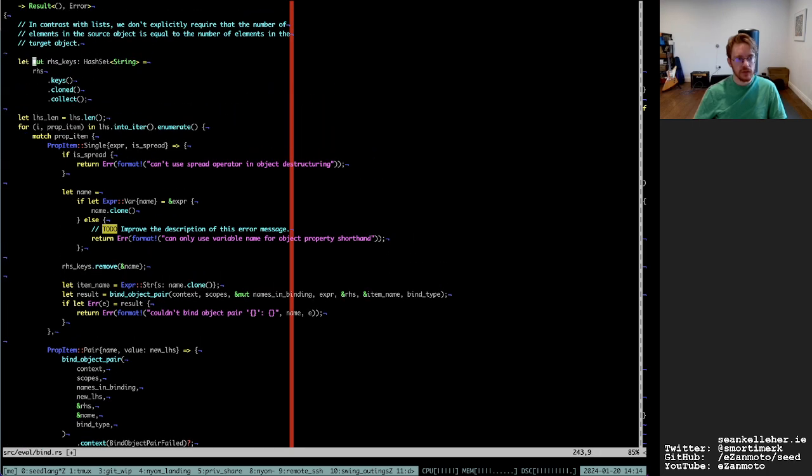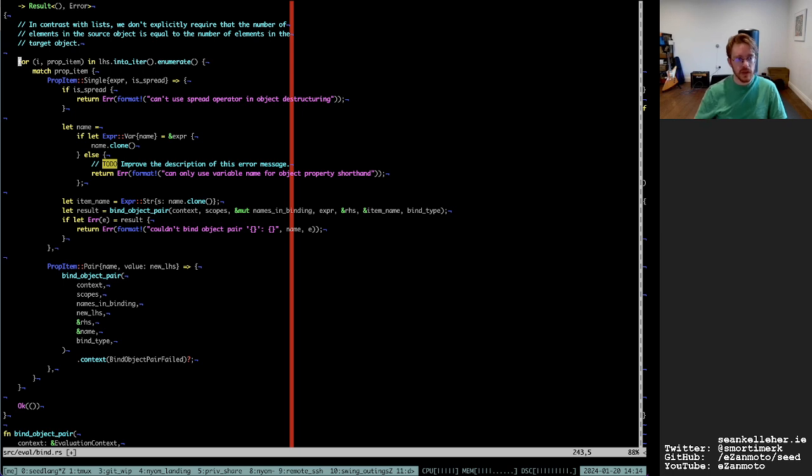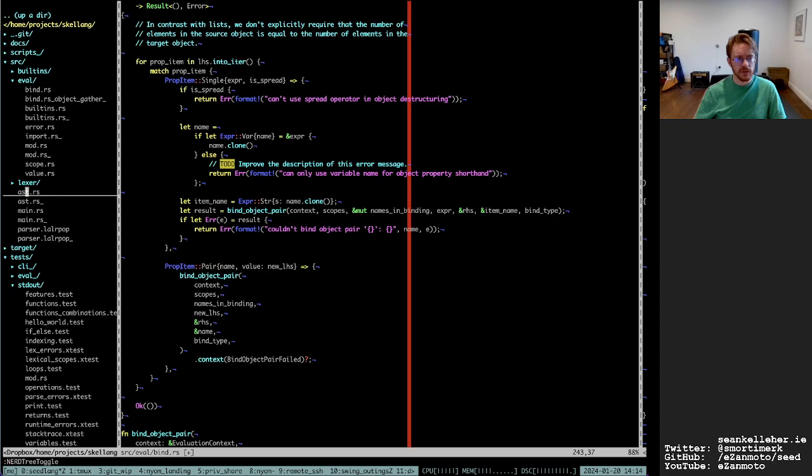I can remove right hand side keys here as well. LHS len isn't being used anymore. Prop item, that index isn't being used anymore. Wonder what it was being used for.